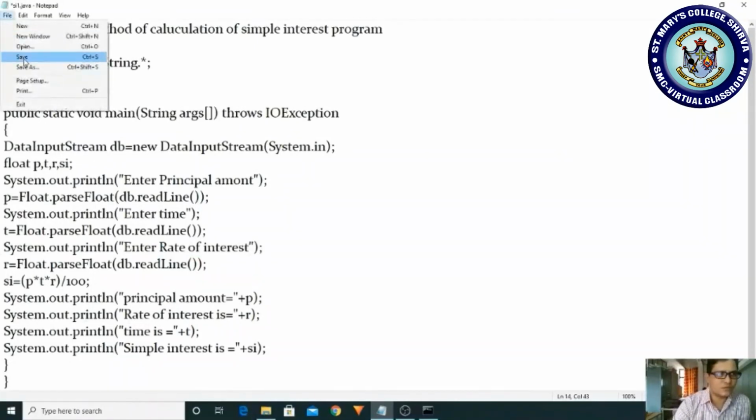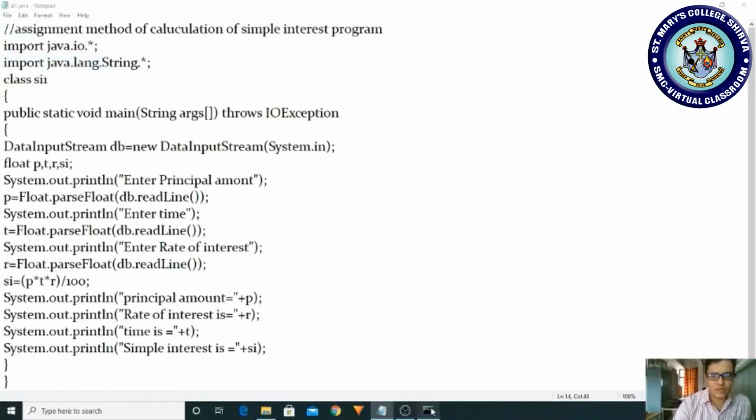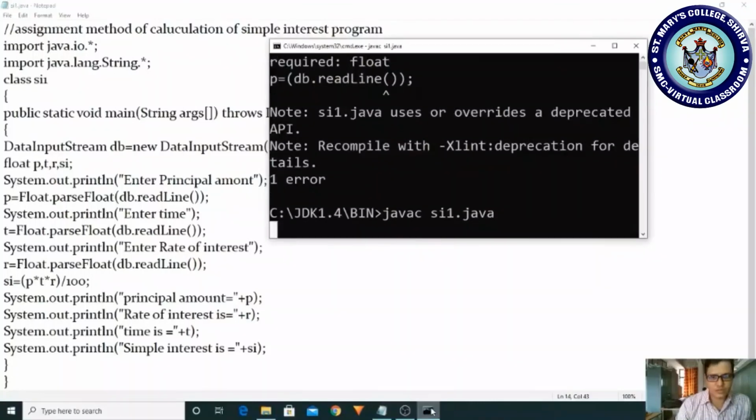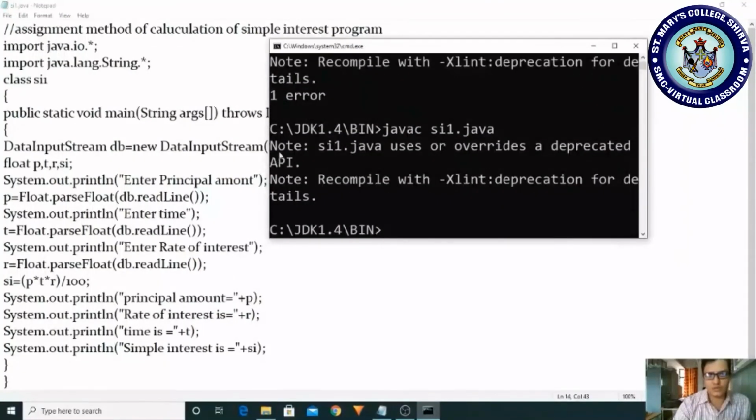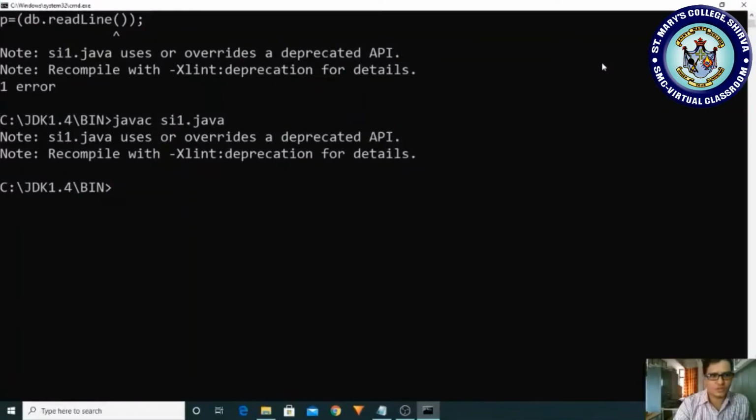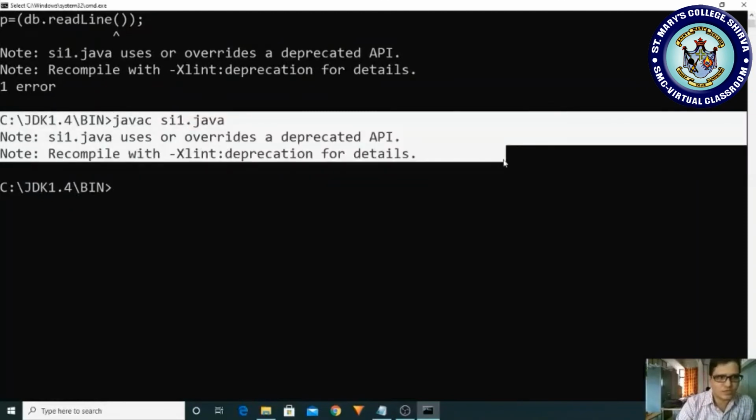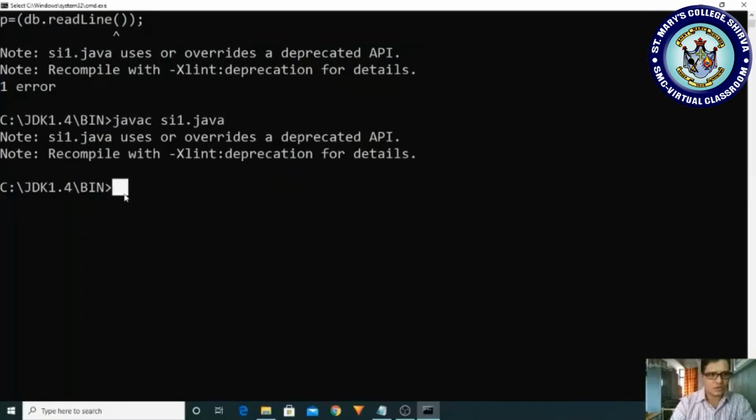Now I am saving this file and coming back here. Once again I am compiling. Is there any mistake? No. If you observe the note, it means it is not a mistake. Okay, clear? Yes. Is there any error? No, right. Please observe here, it is having only a note, meaning it is not having any mistakes. Okay, yes. Now we have to run our program. Then how to run our program? java si1. If you observe here, it is asking principal amount.